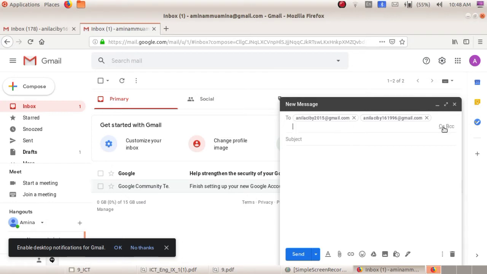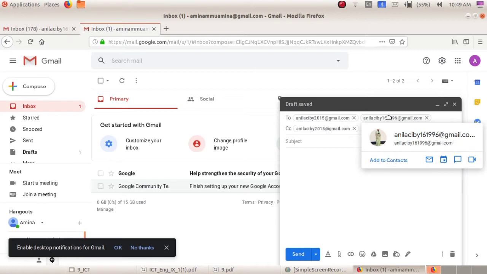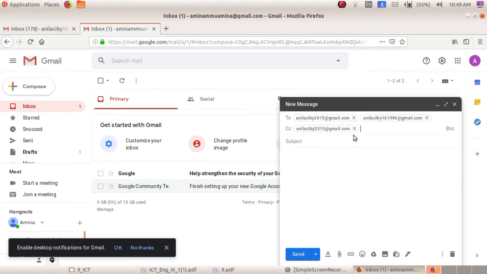So what is the use of carbon copy and blind carbon copy? If you select carbon copy and enter the email addresses, then this person, the second person and all other persons can know to whom all I have sent this same email.